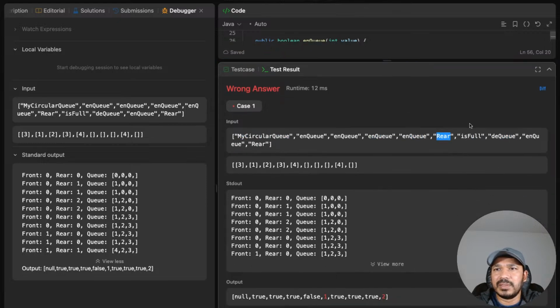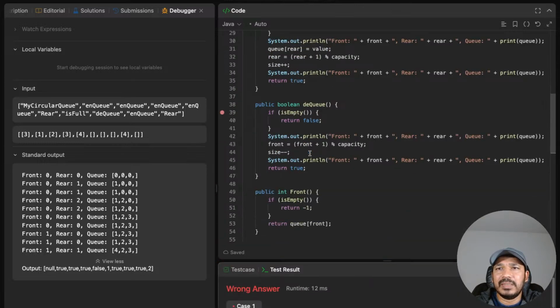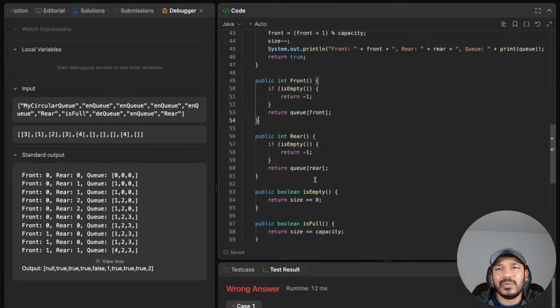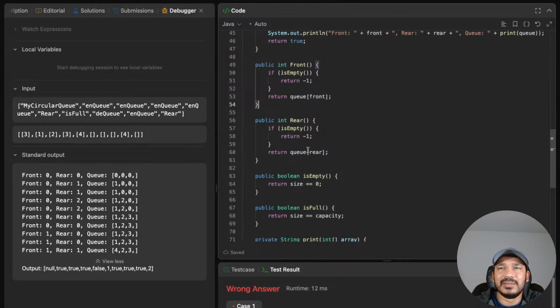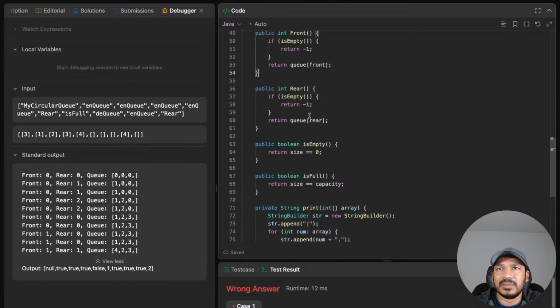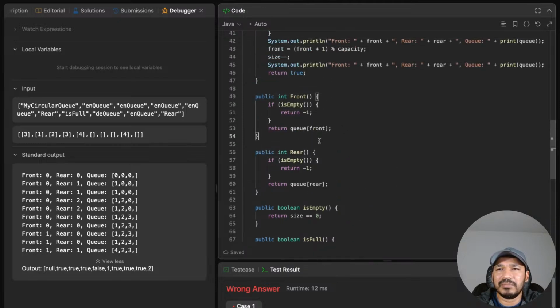So rare operation should return 1, should return 3, I am returning 1, and here also rare should return 4 and I am returning 2. So the error is basically, as I mentioned here, my rare is not inclusive, it is exclusive of rare. So what I should do is rare minus 1 modulo of this one, but what I was doing is I was just returning rare